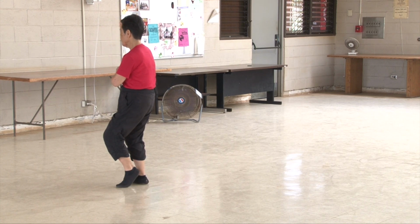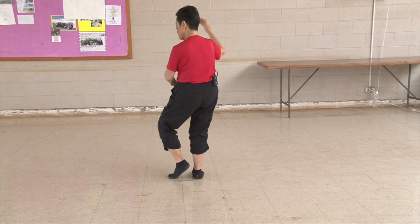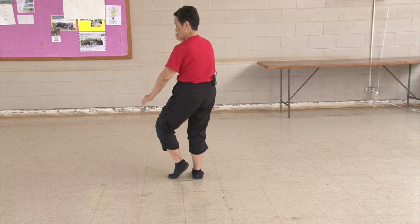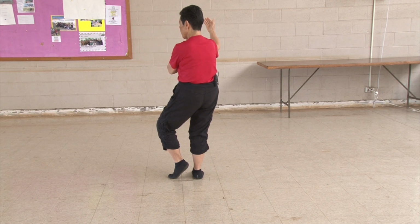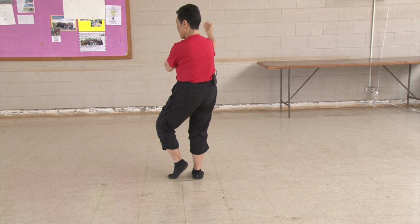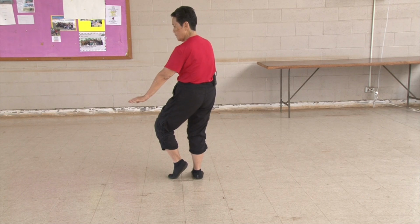We're gonna practice. The top hand comes to our ear, the bottom hand starts to move out. Starts to move out. Can you do it in that tempo? Starts to move out. So at the same time the top hand comes to your ear, the bottom hand is already in the middle